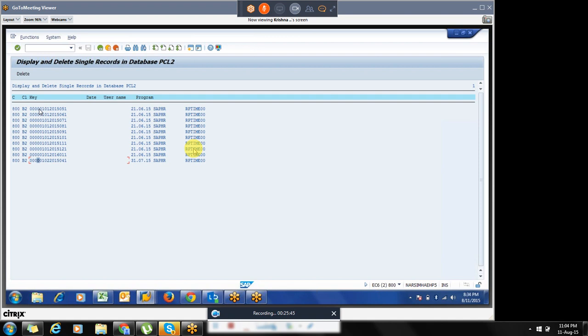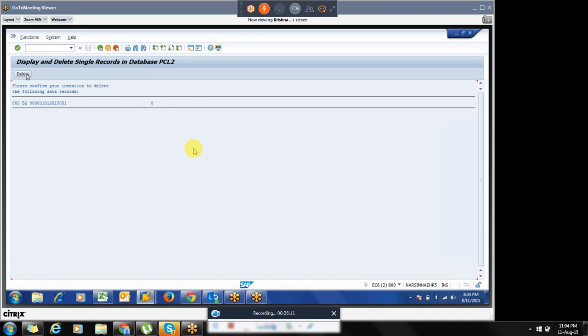That depends on the program. Let us say you can check with your program. If it is from HR payroll program, definitely it will. So whenever you are deleting from the database, we raise a call to SAP. They will check and tell the record numbers that should be deleted, and then we will delete. Or else if you are confident about the records you have to delete, you can delete.